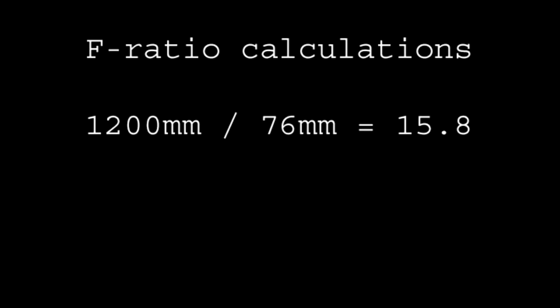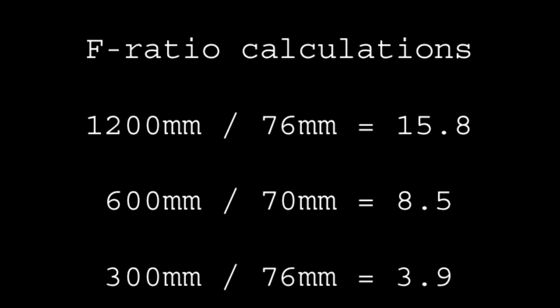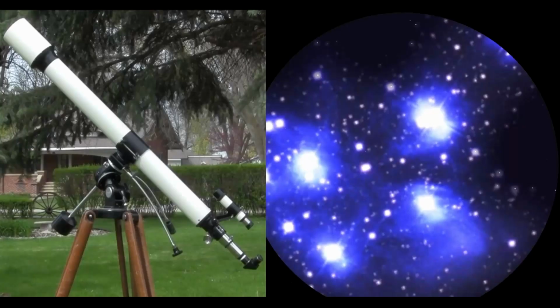Now talking about the middle refractor, we'll see it has 600 millimeters of focal length, and if we divide it by its aperture, we arrive at an f ratio of 8.5. Now talking about the short little stubby reflector, we see it has a focal ratio of 3.9, around 4. So the longer f ratio telescope provides more magnification and less field of view. It makes it easy to watch planets, but it's difficult to see clusters like this one.